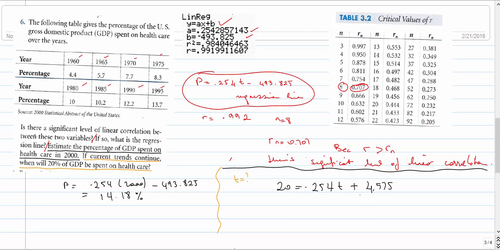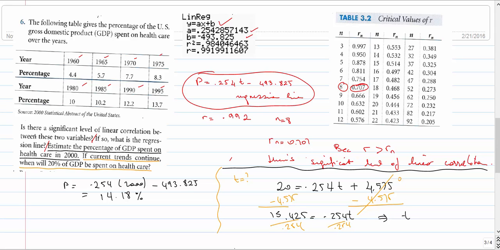So I'm going to subtract first, 4.575. So I'm going to end up here 20 minus 4.575 is 15.425, which equals 0.254t. Then I'm going to divide both sides by 0.254,